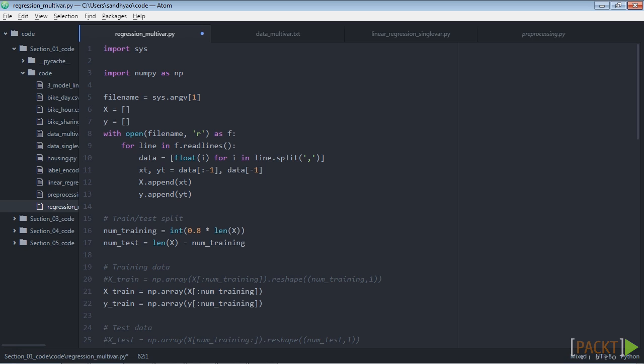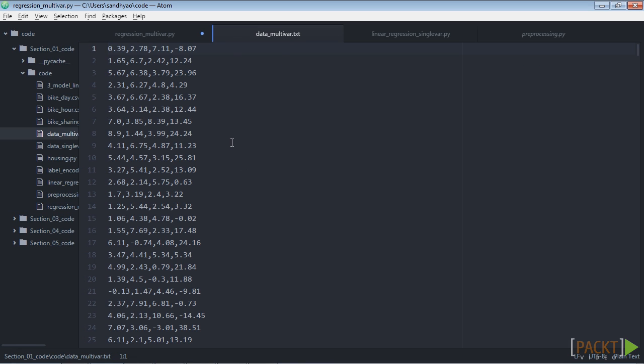To avoid this, we use regularization, where a penalty is imposed on the size of the coefficients. This is called ridge regression. We'll see how to build a ridge regressor in Python. Here's the